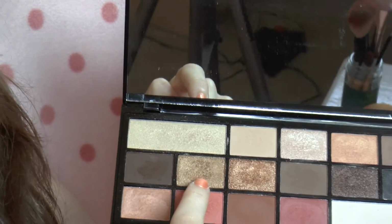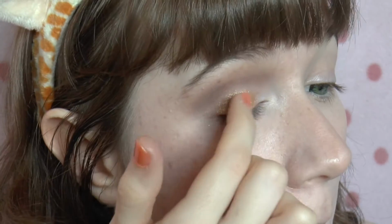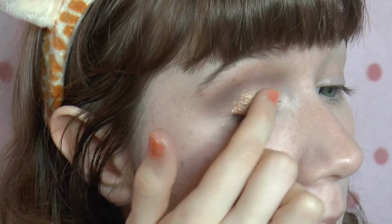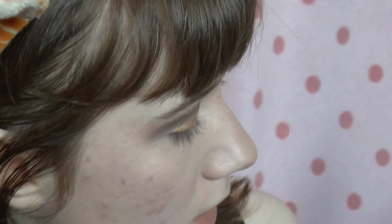Okay, now I'm going to take my finger and I'm going to go in with this lighter gold. Oh, look at that. How beautiful. Alright. Look at that. Now, to go a little bit orangier, I'm going to go with...